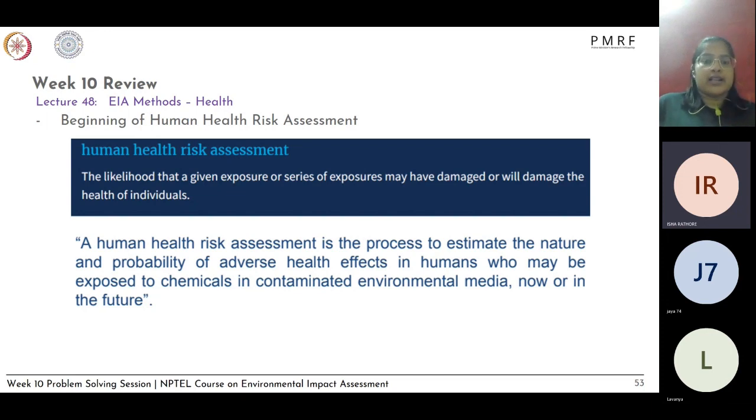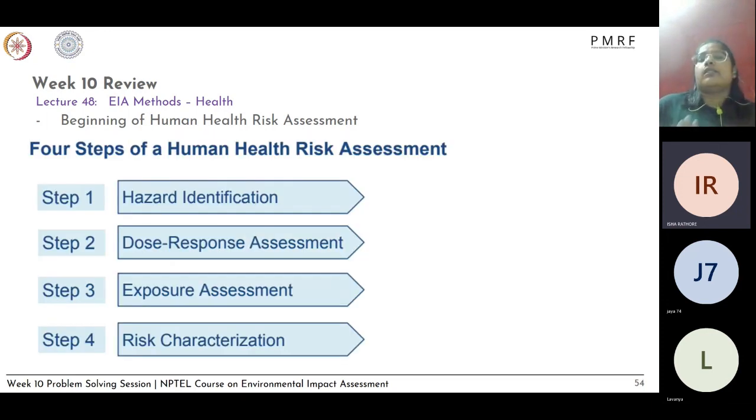So you also need to do a human health risk assessment in your EIA. And it has 4 steps. So the first step is hazard identification. If you're dealing with or using any sort of chemicals which are harmful to human health, you need to identify them as hazards. And the second step is dose response assessment, which is how much quantity of the chemicals